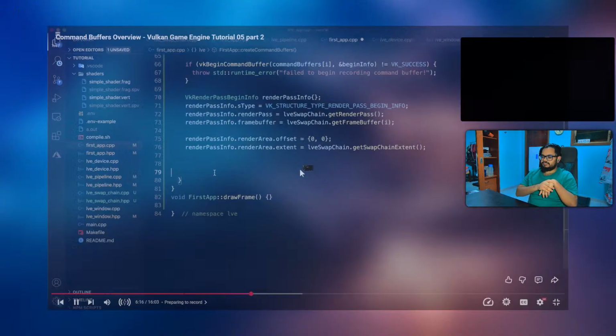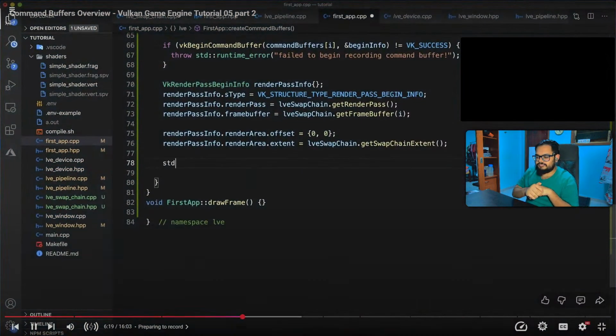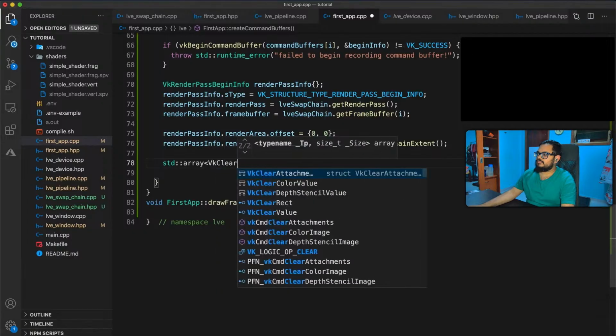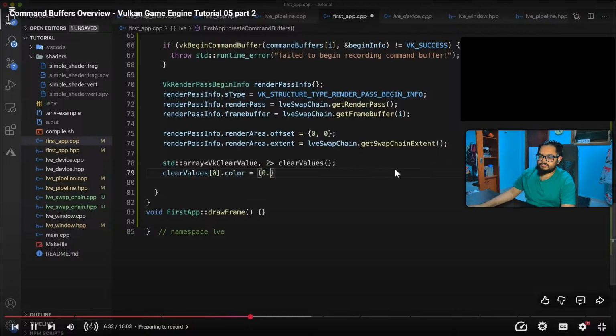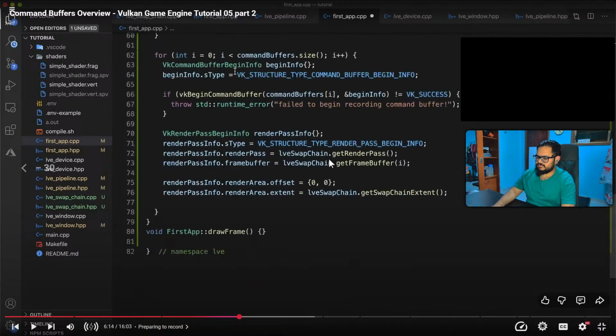Leave it. Next, we need to set the clear values. This corresponds to what we want the initial values of our frame buffer attachments to be cleared to. So first, at the top of the file, include array. Then std array vk clear value with size 2 closing bracket called clear values. Then at clear value index 0 dot color, set this equal to